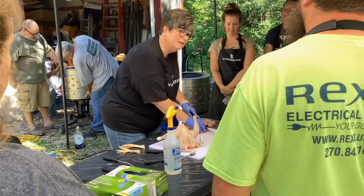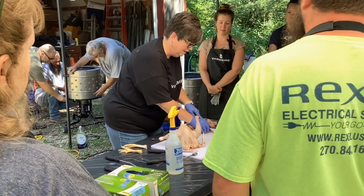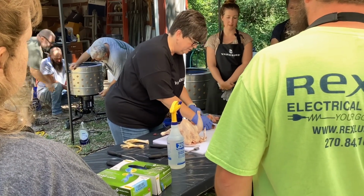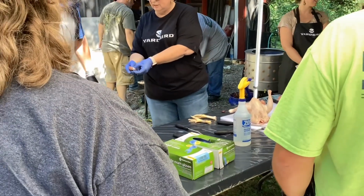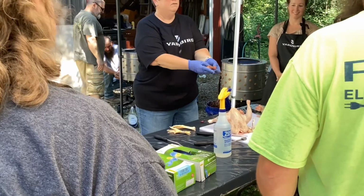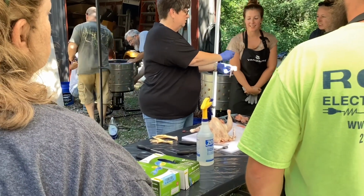But if you notice that they're having a problem digesting their food, that may be an issue. I mean, that may be something you need to look at. So if I open this up, you see it's got grass, there's rocks in there. This is where the food goes. When they eat it, it goes into their crop, and then it moves into the gizzard, and it gets ground